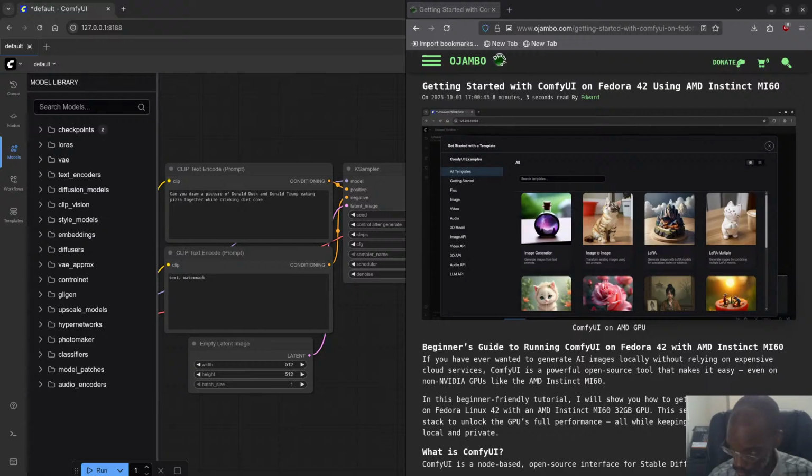In this review, I'm going to go more in depth using ComfyUI on my system, which is a Fedora 42 using the AMD Instinct MI60 GPU, 32 gigs of HBM2 VRAM. I also have 32 gigs of regular RAM on the system, a DDR4. All right, so